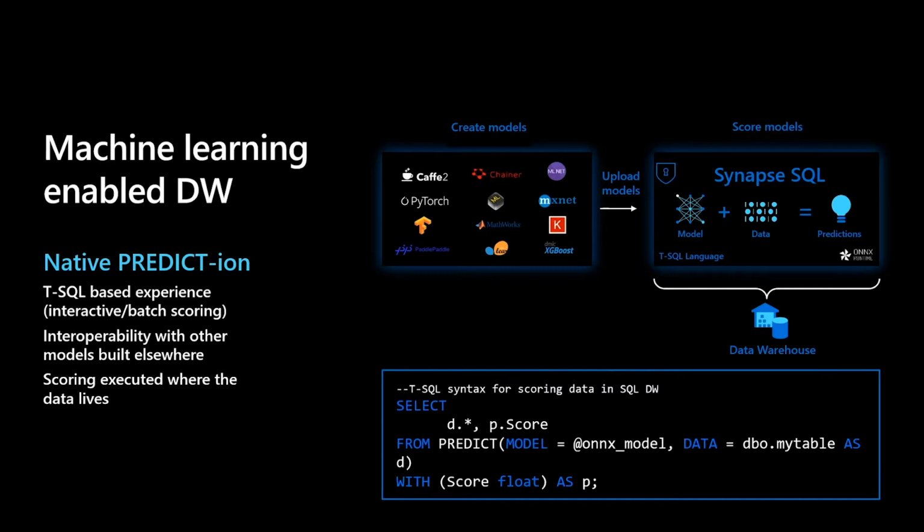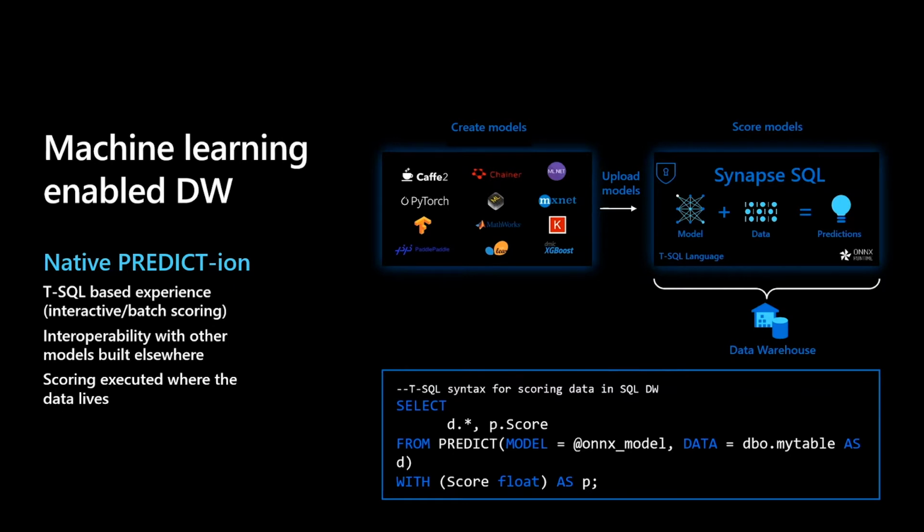The way we implement this is we use the ONNX runtime. ONNX stands for Open Neural Network Exchange. Think of it as an industry standard representation of ML models. And it actually does a couple of things. First of all, I mentioned we run the ONNX runtime in engine, so you get the scalability as the cluster sizes change. But the other nice thing about standardizing here is that if you look to the left around that